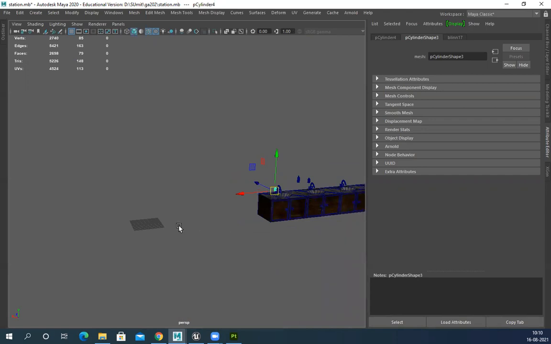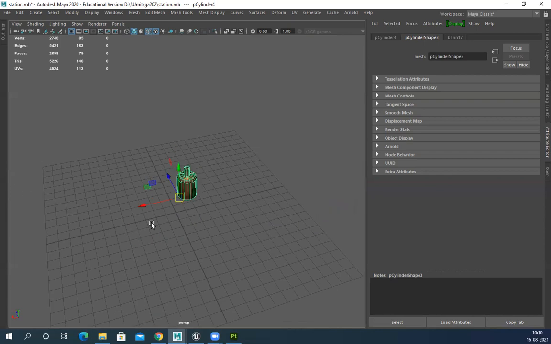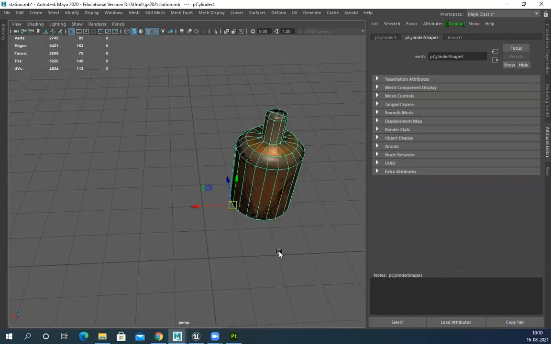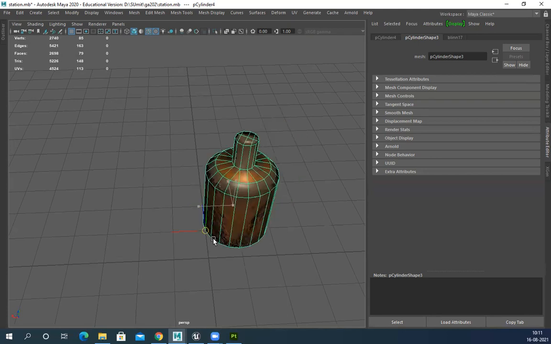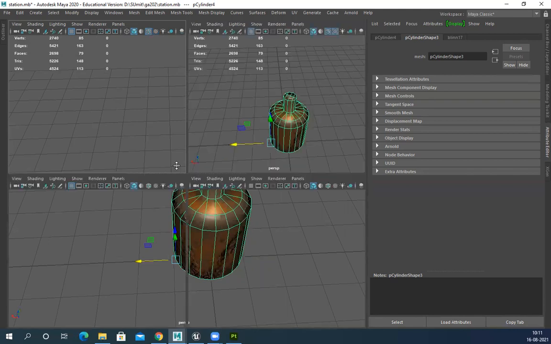Then X and snap it on the grid. But this is not right. It should be in center like this.